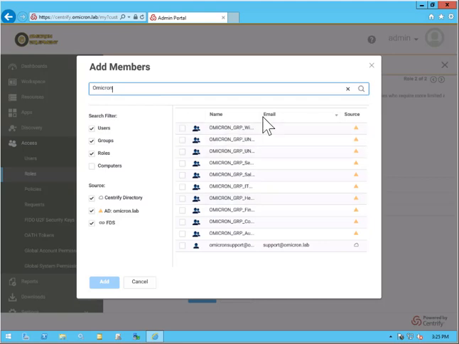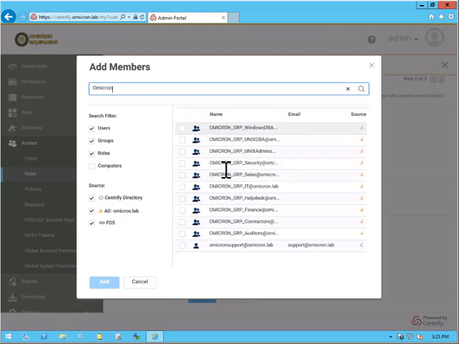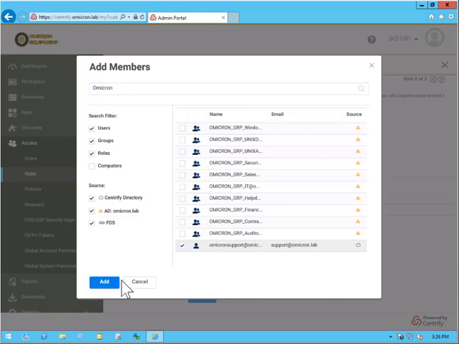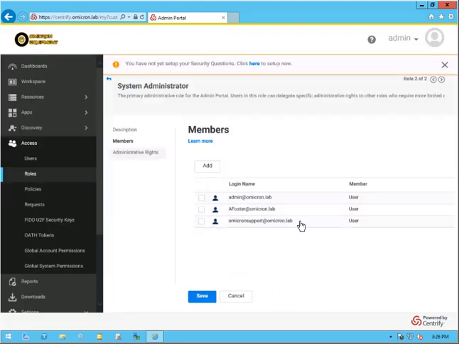login. Now, as you can see here, there's a lot more that begin with Omicron. These are our Active Directory groups. By installing the Centrify connector, this integrates Active Directory to the identity platform. So we're able to read Active Directory through the connector, and it allows us to populate this information. This is identified using this source legend, Active Directory. These are all Active Directory groups. For this demonstration, the only one we need to add is Omicron Support. So we'll click Add. And now, as you can see, those are all system administrators. We'll click Save